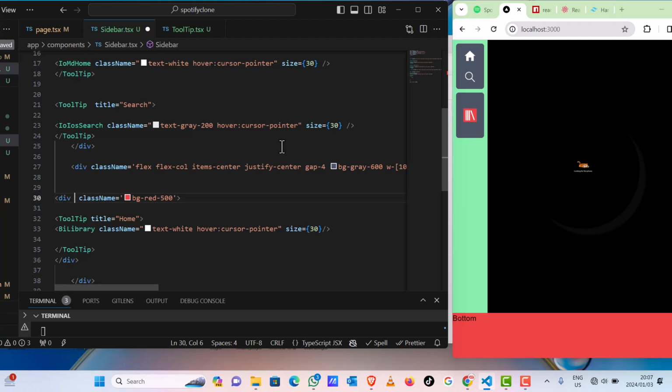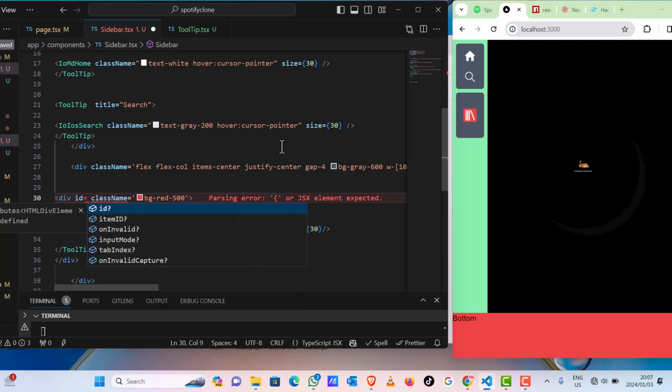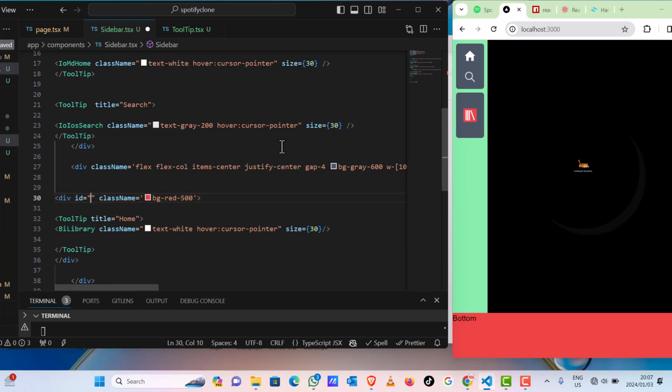Not necessarily the top section. Let's say id, let's give it a scrollTop. Let me keep the consistency. Let me be consistent with capital letters. ScrollTop, which is the top section. And then let's make the width